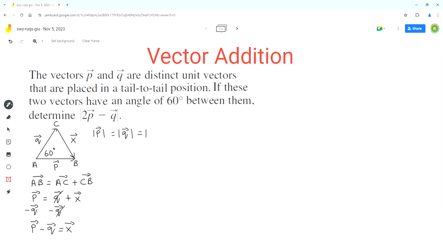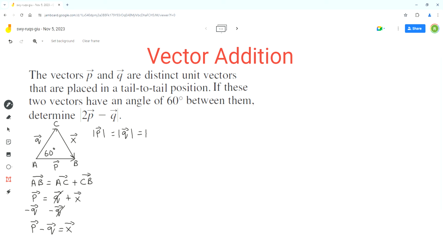So vector x is equal to the difference between vectors p and q. You don't have to show this as part of your steps, but this is just for your understanding so that you understand that the third side in this triangle going from C to B, or vector CB, represents vector